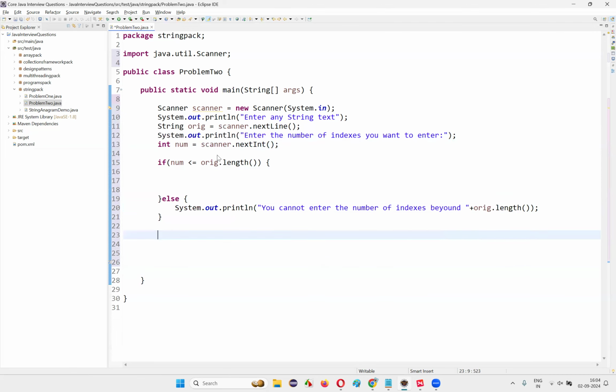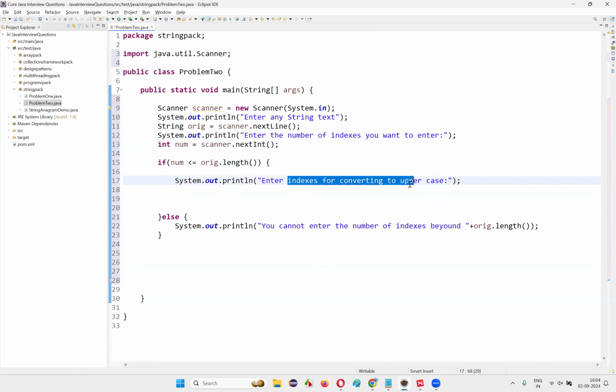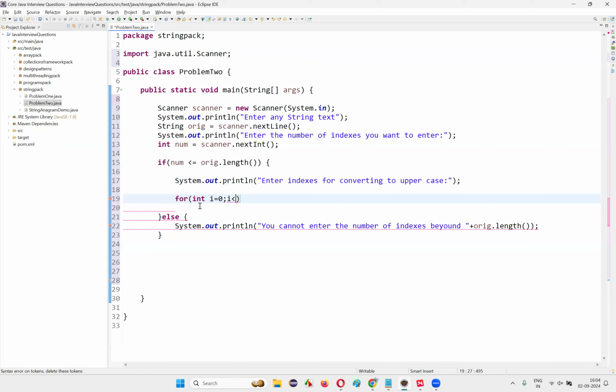So I'll write this particular line here. Enter indexes for converting to uppercase. So here I'll write down the number of indexes as num, right? For int i is equal to 0, i less than, okay, otherwise i is equal to 1, i less than or equal to number. How many indexes the user wants to enter, that is the number. If it is 2, it means 1, 2, that's it. i plus plus,